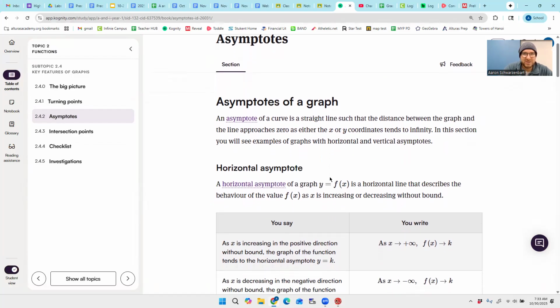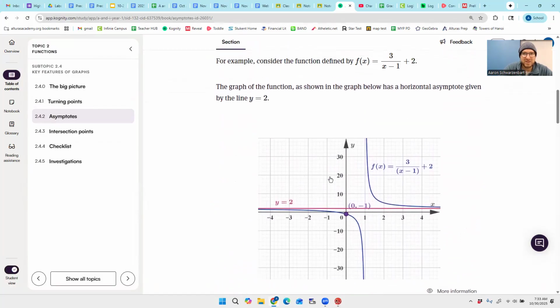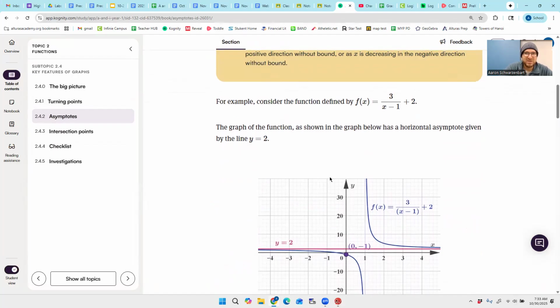Okay, now we're looking at asymptotes. An asymptote, we're going to look for horizontal and vertical asymptotes. If we're looking in the form like this, that's your horizontal asymptote. Your vertical is where does it equal 0? So where does essentially the denominator x minus 1 equal 0? So 1. Vertical asymptotes have equations x equals